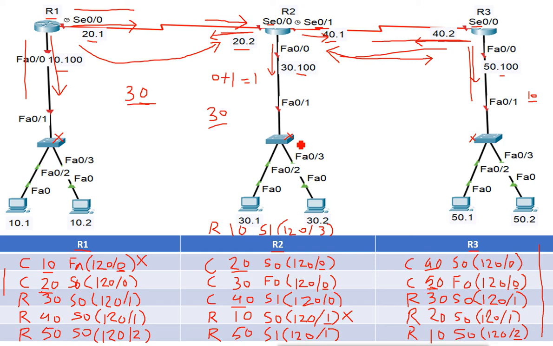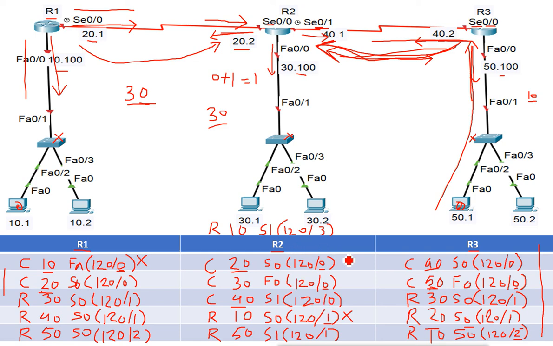Now what happened to this wrong information? When this machine wants to send data to any machine of network 10, it will send the data to router 3. Router 3 checks the routing table. It says okay, I have network 10, I can go from this serial interface and I can reach after 2 hops. So router 3 will send the data from this interface to router 2. Now router 2 receives the data, and it checks that it is for network 10.